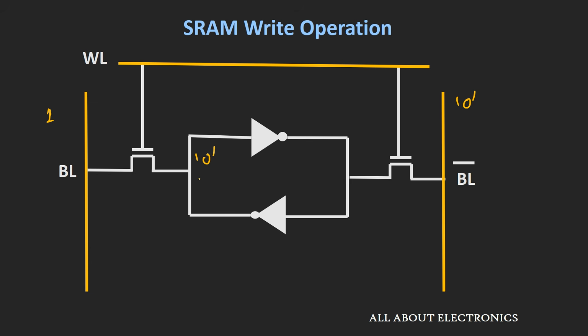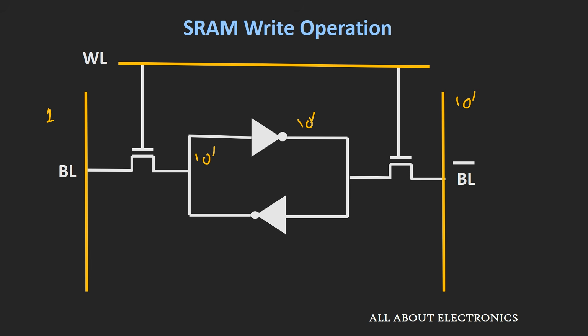and this inverter will try to reduce the voltage of this bit line to the logical 0. But at the same time, if you see over here, this logical 0 will be applied to the input of this inverter. So that will drive the output of this inverter to the logic 1, and that logic 1 will drive the output of the first inverter to the logic 0. So in this way, the value of logical 1 will be latched inside this inverter pair. So by having the 2 bit lines, we can drive the bit line voltage into this inverter pair very easily, and we can increase the speed of read and write operations.